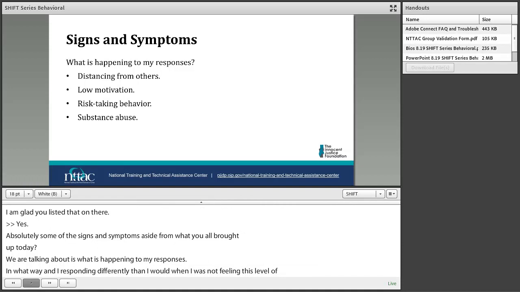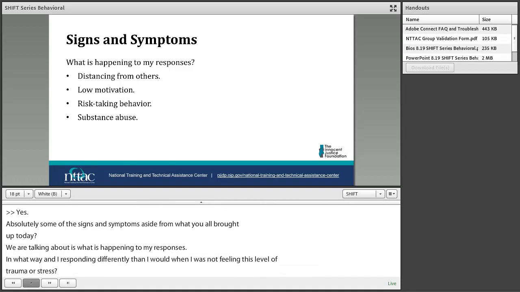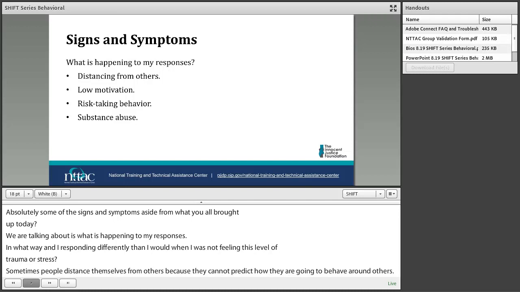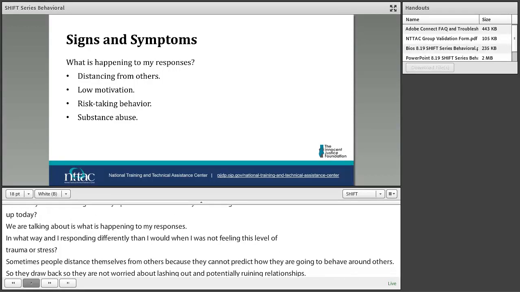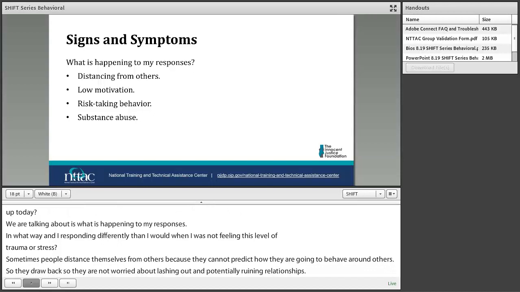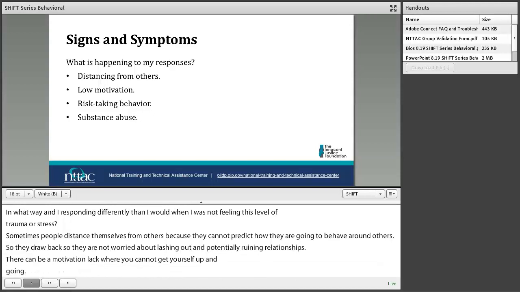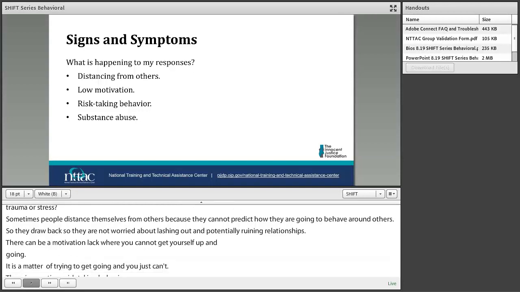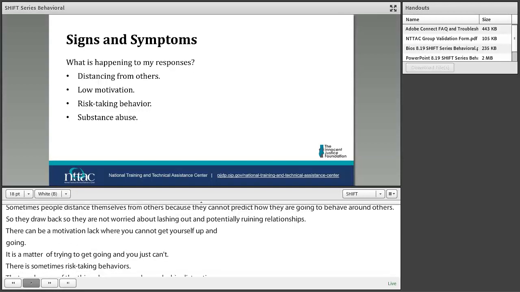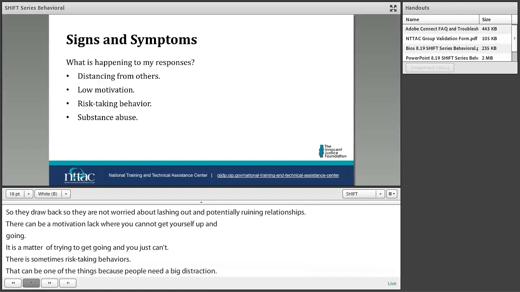There could be a low motivation. You just can't get yourself up and going. It's a matter of trying to get going and you just can't. There's sometimes risk-taking behaviors, because people just need the big distraction, and that's something that is common. Substance abuse sometimes happens, as a way to distract yourself. These are the things that impact our relationships with others, and how we navigate ourselves